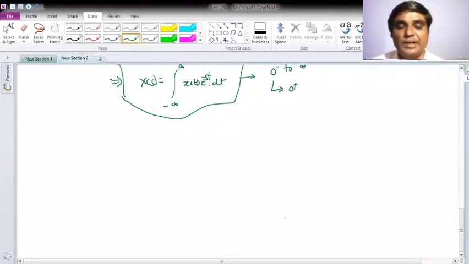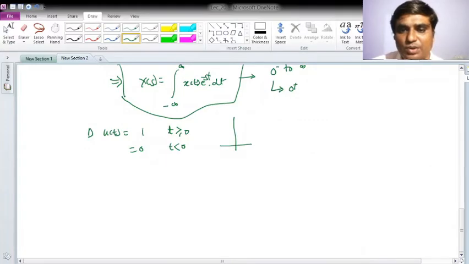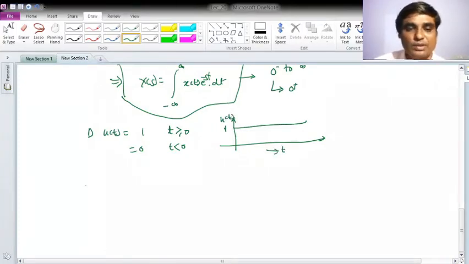Okay, so let us take a couple of examples to solve using the Laplace transform, and we'll try to form the standard pairs so that I'll be able to find the inverse Laplace transform quickly. Suppose my signal x of t is the unit step signal u of t, which is 1 for t greater than 0, and 0 for t less than 0. This is one of the signals. So how does it look? It looks this way. This is 1, say, and this is u of t. So I would like to find the Laplace transform of it.